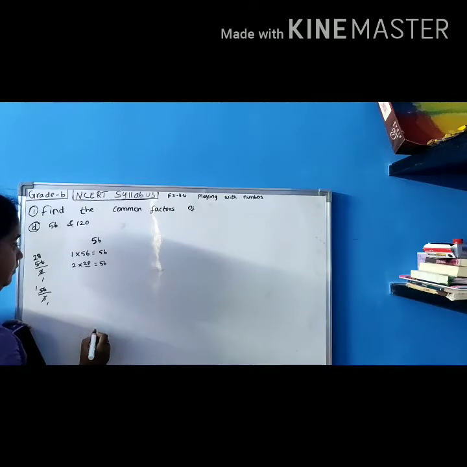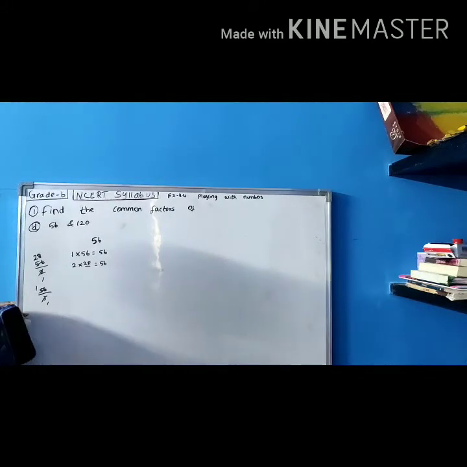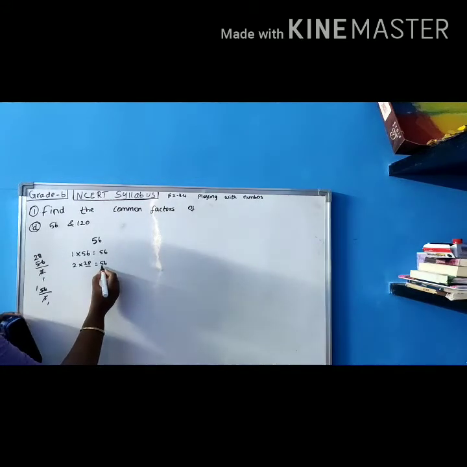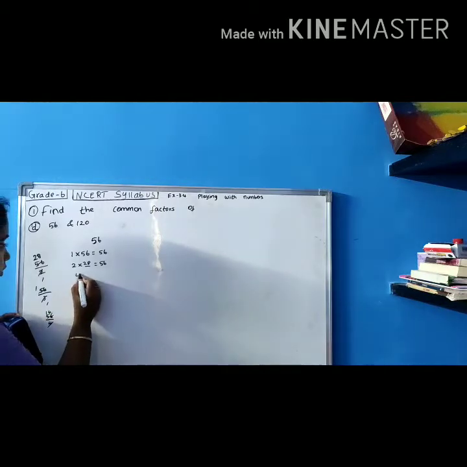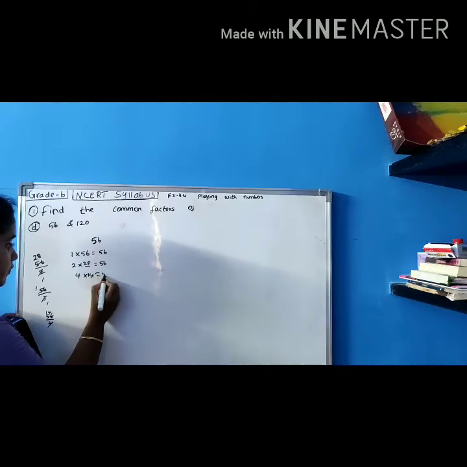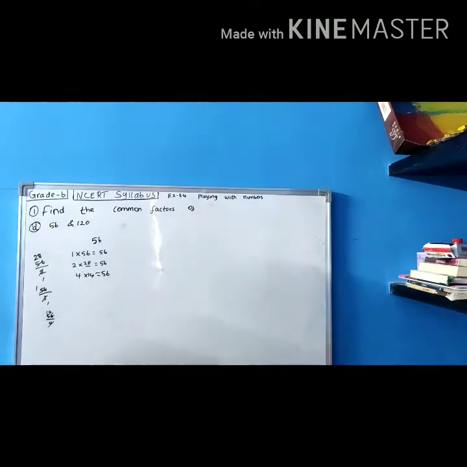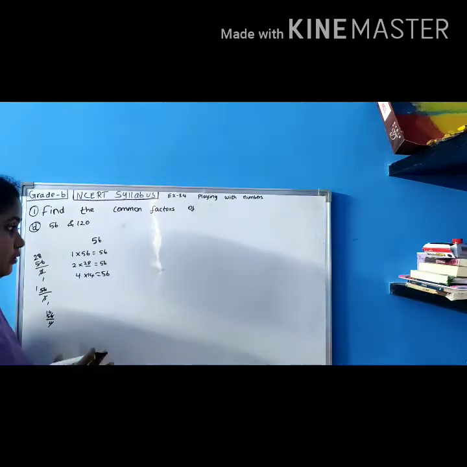So the 4 table. If the last 2 digits are divisible by 4, then the entire number is divisible by 4. That is the divisibility rule, right? It will go in 4. 56 divided by 4. 1 4 is 4. Balance 16. 4 4s are 16. So 4 into 14 is 56. Did you understand how to find the factors? Because many people don't know how to find factors. That's why I'm explaining more clearly.